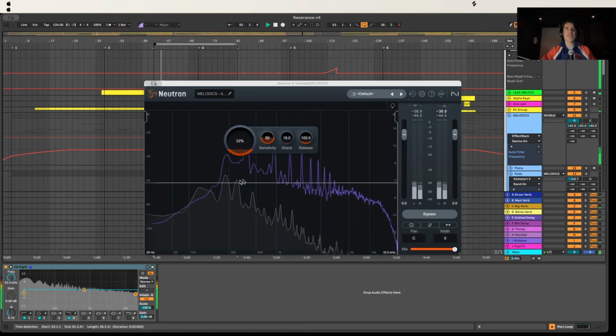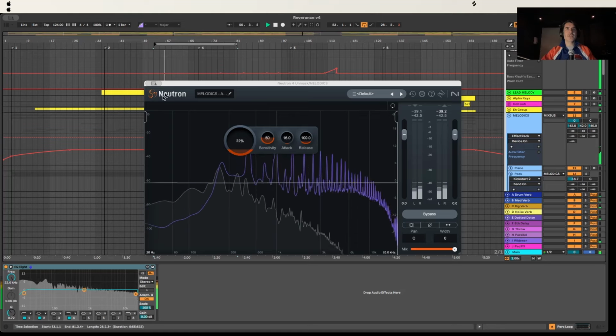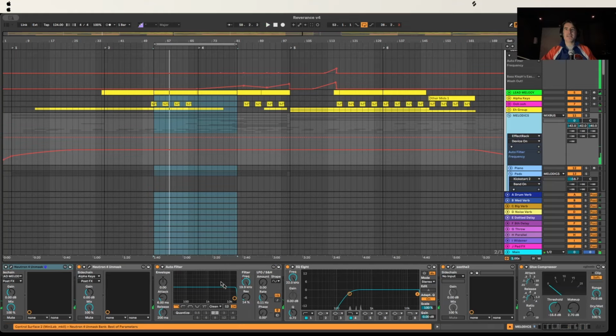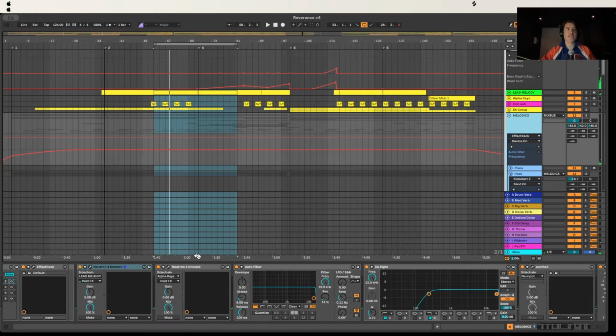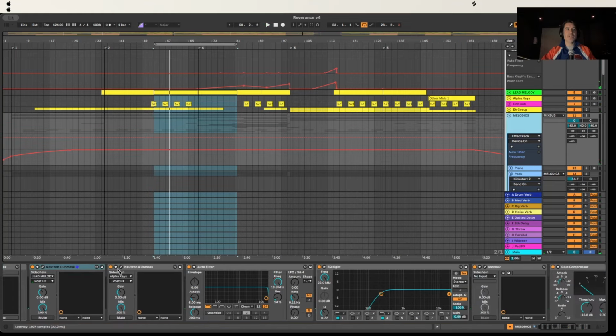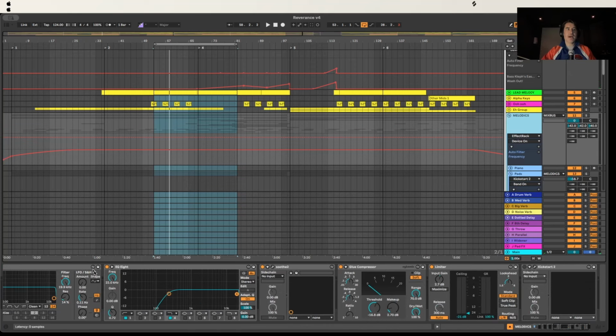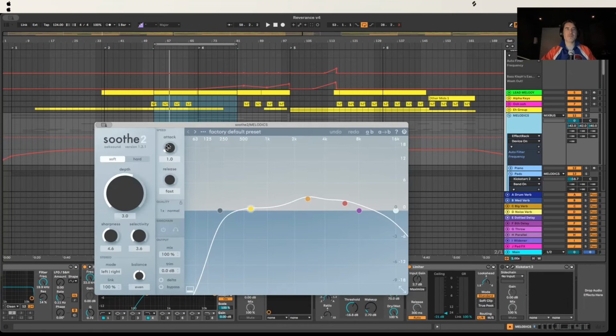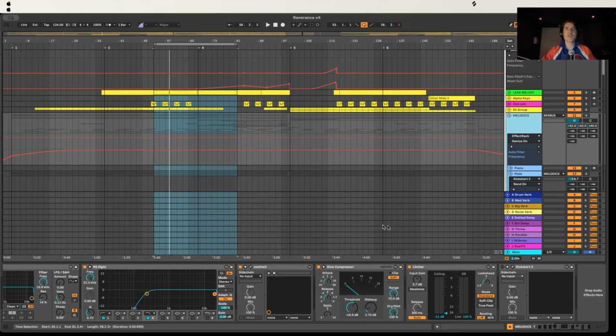There's not a lot of clashing, but the Unmask is there to make sure it doesn't clash with the lead melody or get in the way of it at any point. And then some filtering, a bit of Soothe to stop it from sounding too harsh at any stage,